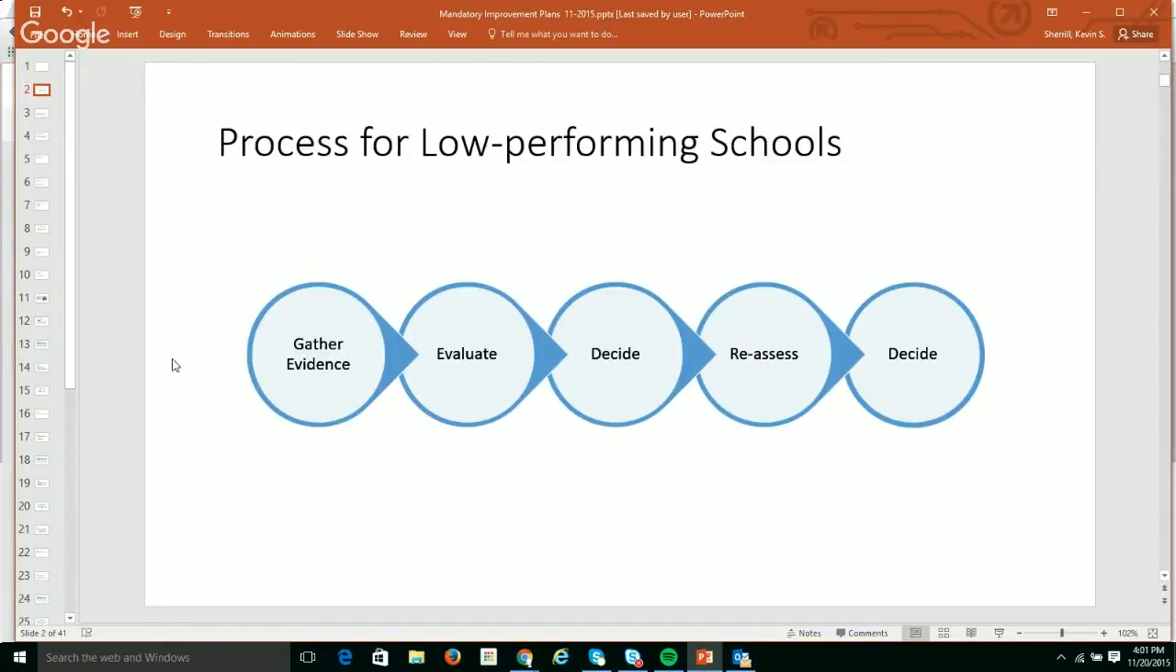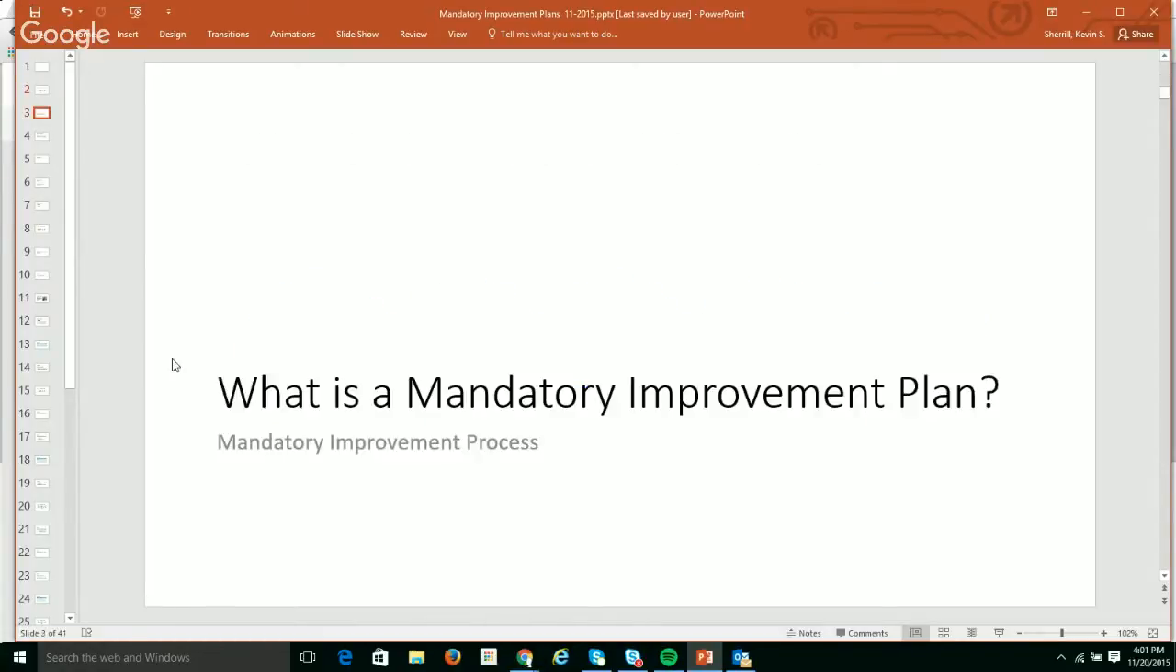The process that we're going to use looks like this. So we're going to gather evidence, we're going to evaluate the employee, we're going to make a decision, then we have to reassess the employee and make another decision. That's basically what the statute on mandatory improvement plans says. So we're going to hit on all those piece by piece, but first I want to remind you, what is